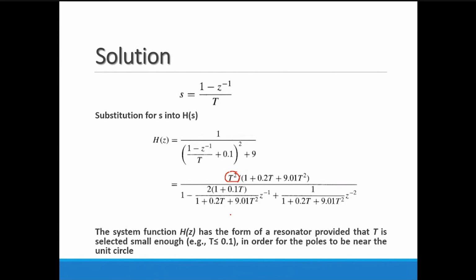We have to produce a stable digital filter from a stable analog filter. So to get that, one condition you have to apply in this output: t must be less than or equal to 0.1, or simply you can say, if you are not applying any value, t must have a very small value or small range. Okay, so this is the output.